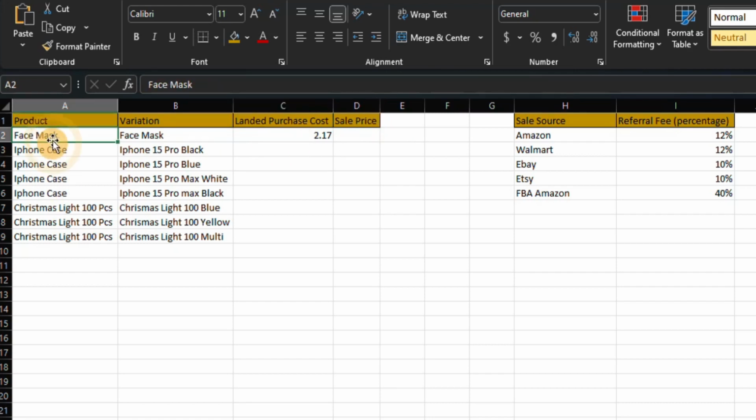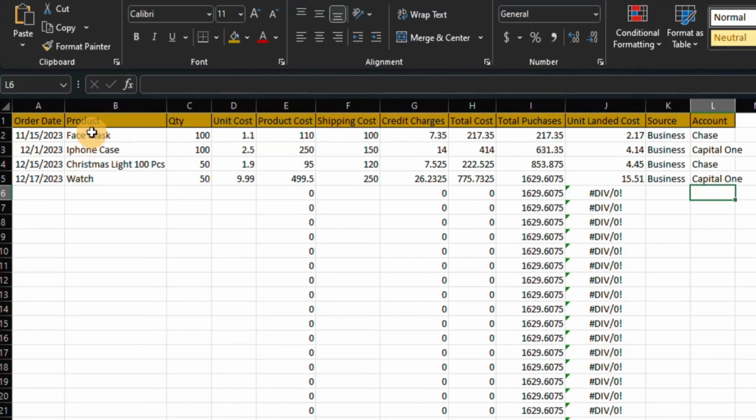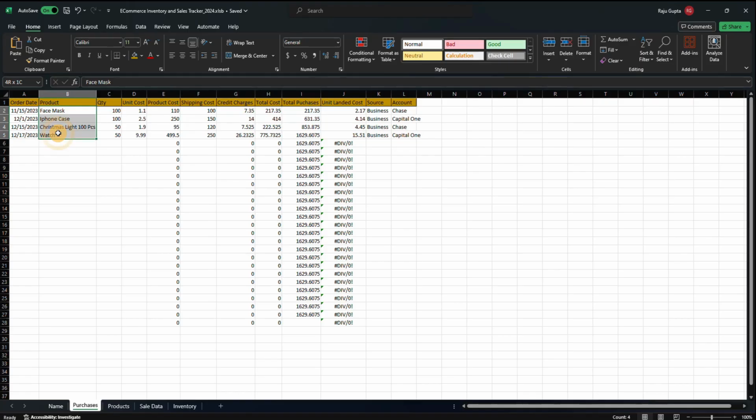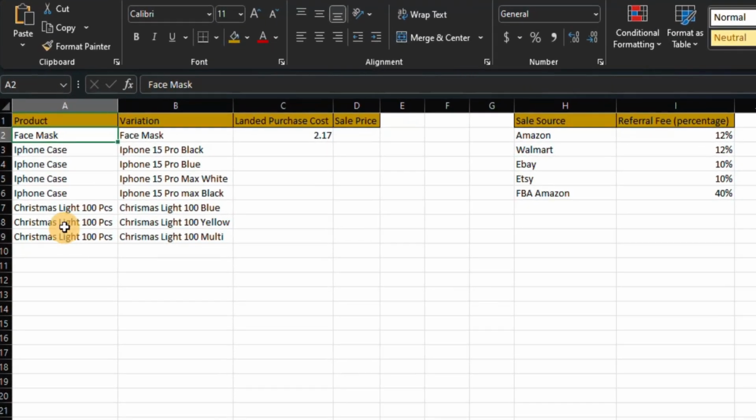In the product column, you are going to include all your product names, and these are going to be the names that you had in your purchase page. So in column B, whatever name you have given, it has to be the exact same. So I suggest you copy your products from column B here and then paste it here so you don't misspell